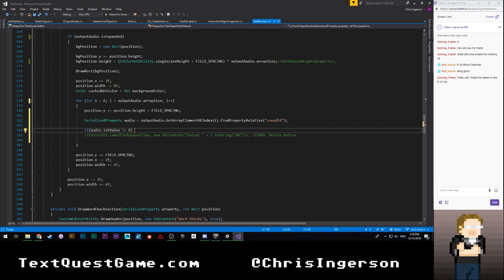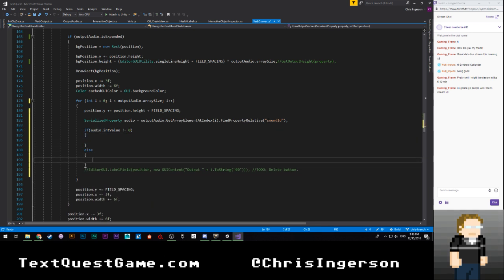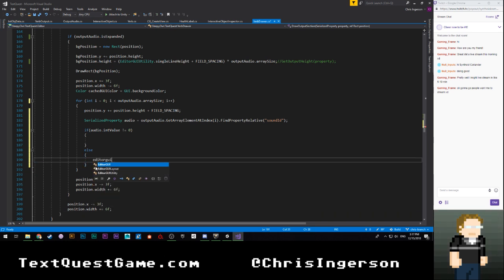then we need to do some position manipulation, which sucks. Which means we're going to do this. Else, let's get rid of this, and we're just going to say editor GUI layout. Oh, not that. Sorry, editor GUI dot property field position followed by